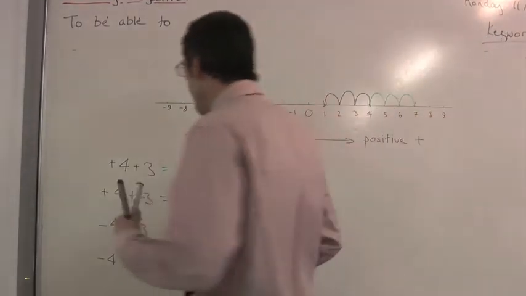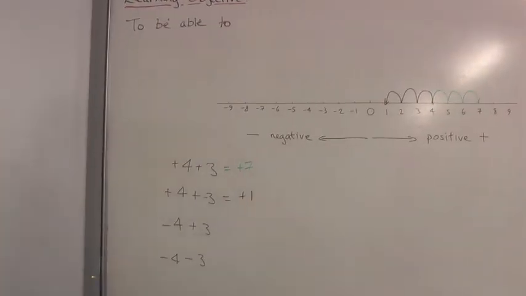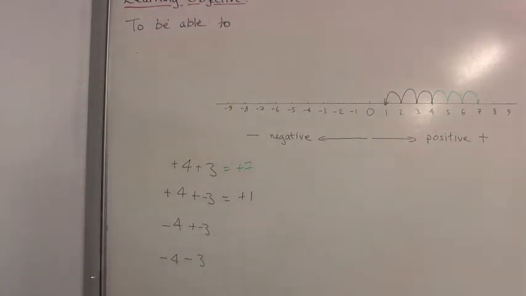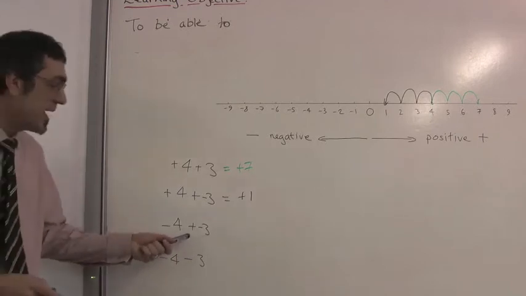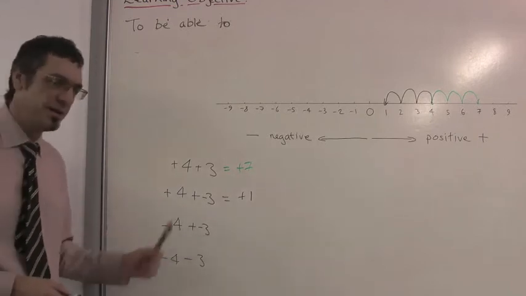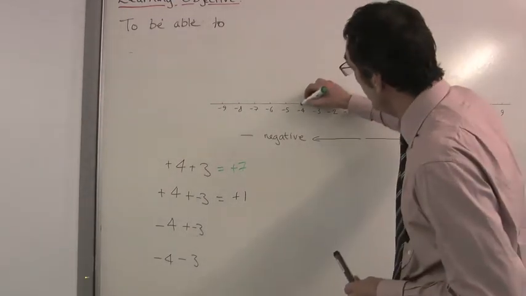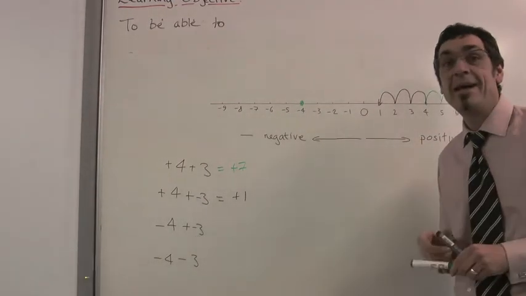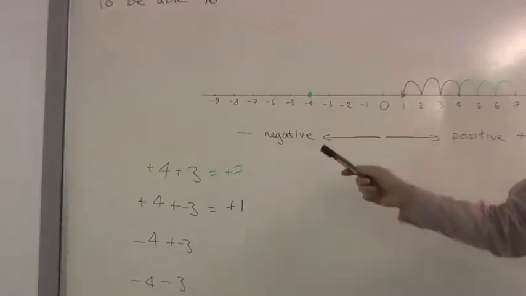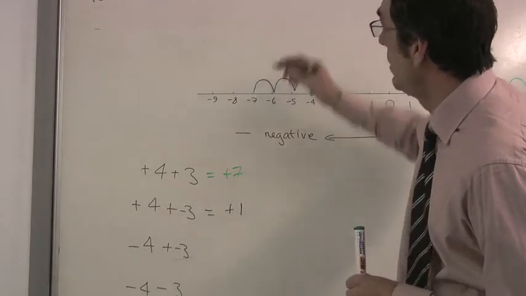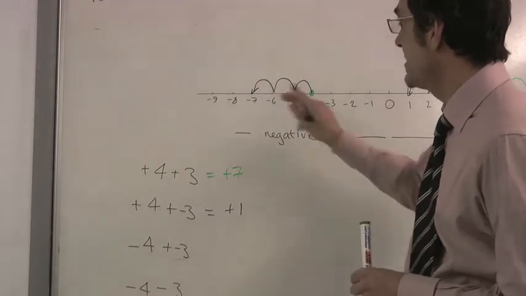What we're going to look at now is just minus 4, and we're going to add to that a minus 3. So it's minus 4 and we're adding minus 3. Seems a bit strange, but it does work. So now we find our minus 4, we start here, and I want to add minus 3. Remember, minus 3 steps us this way. So minus 4 plus minus 3 takes us down